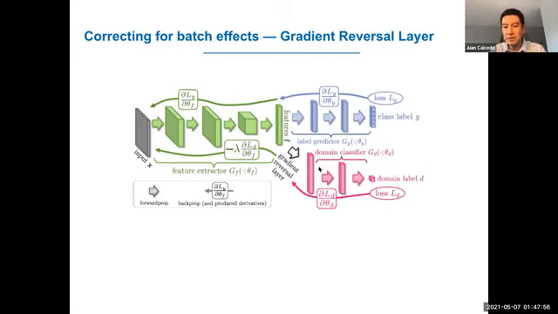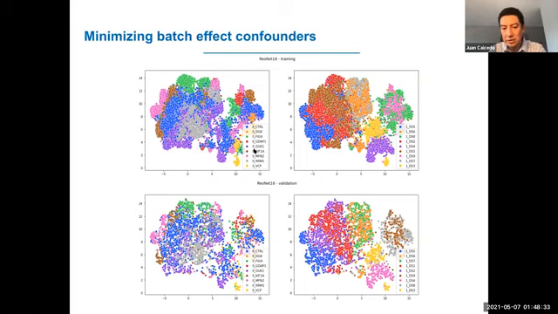We basically can put another classifier. This is the neural network, and it has two heads. The first head classifies the compound because it's something that we can use for learning features. The second classifier determines the batch, and we don't want this information to influence the features that we use. So we use the negative information of that gradient in order to destroy any potential information that comes from the image and is associated to the batch. Using that approach, we can